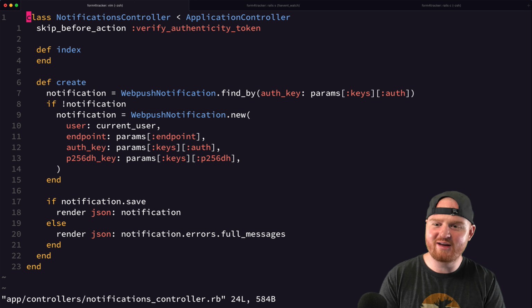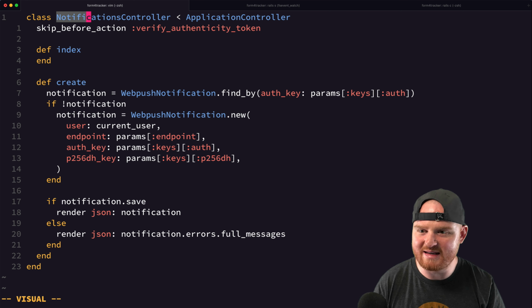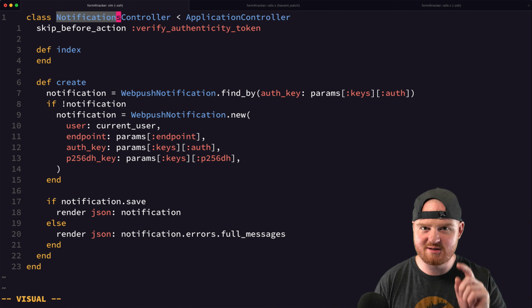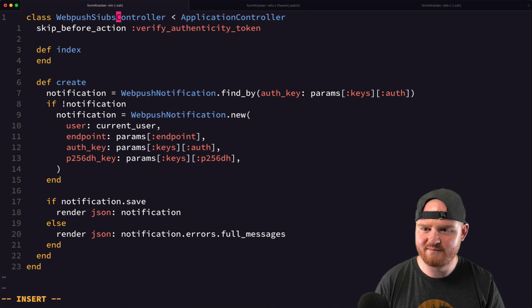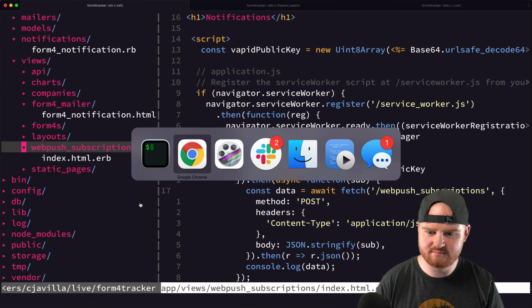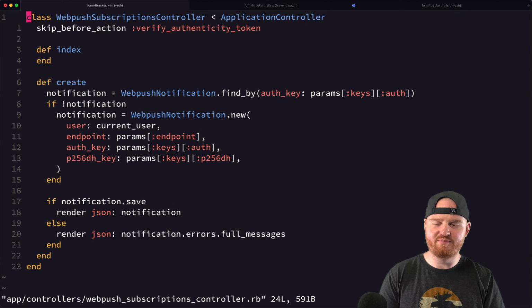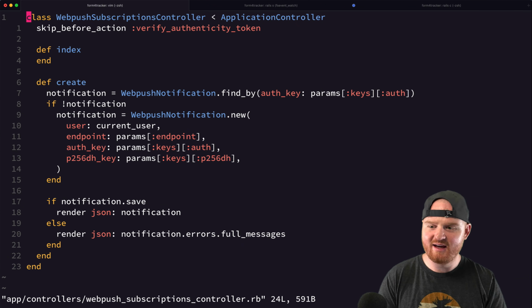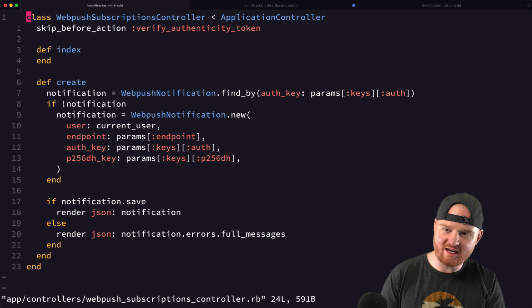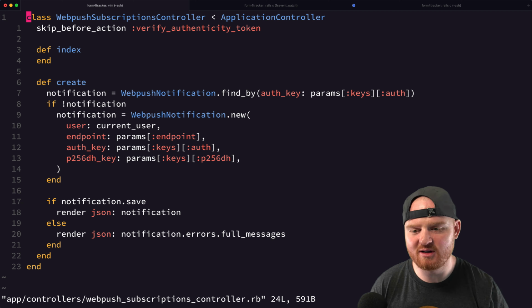So we have a notifications controller, but we were using this for our web push notifications. In fact, we should probably call it web push or web push subscriptions. So let's rename some stuff. I'm going to just speed this up. Okay, we're back. I've renamed our old notifications controller to web push subscriptions controller, which is a closer relation to